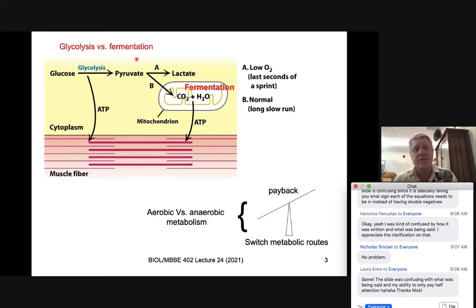So glycolysis versus fermentation is basically a switching system in regards to electron transfer and sinking those electrons into a system. So normally we see glucose through glycolysis to go to pyruvate. Now, pyruvate has a choice depending on the cell's capacity and its issue of oxygen availability, whether it goes to the pathway A to produce lactic acid or lactate, or path B, if there is oxygen available, to go through